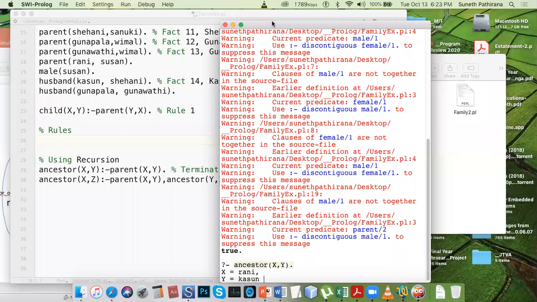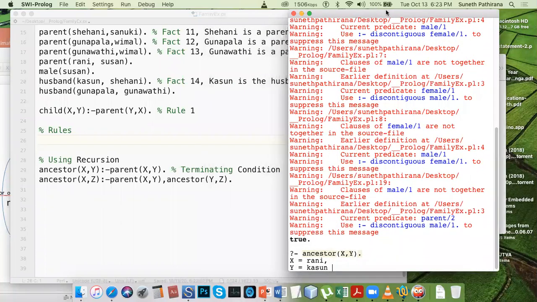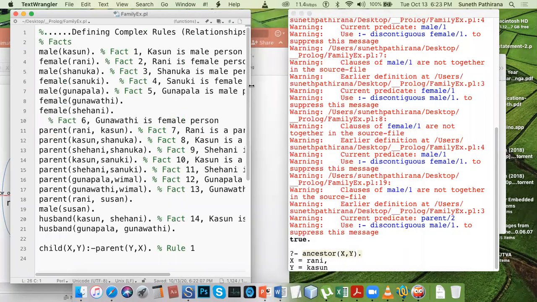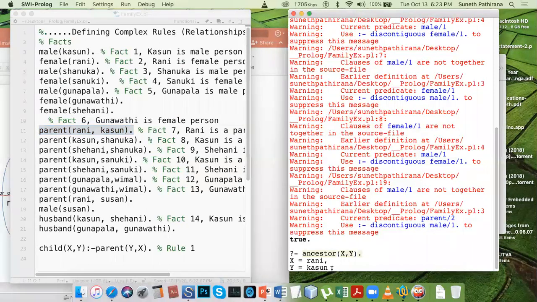Rani and Kasun: Rani is an ancestor of Kasun. Is that correct? Yes, because Rani is a parent of Kasun. Therefore it is true, because an ancestor can be a parent, even a parent or grandparent. If we continue with semicolon,